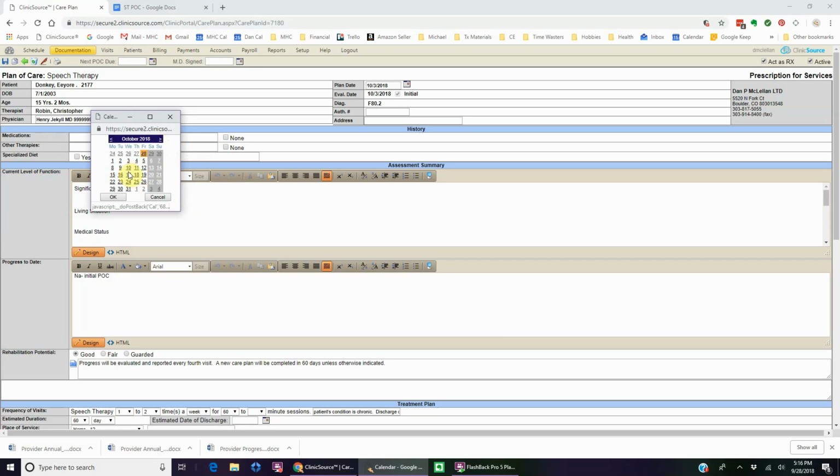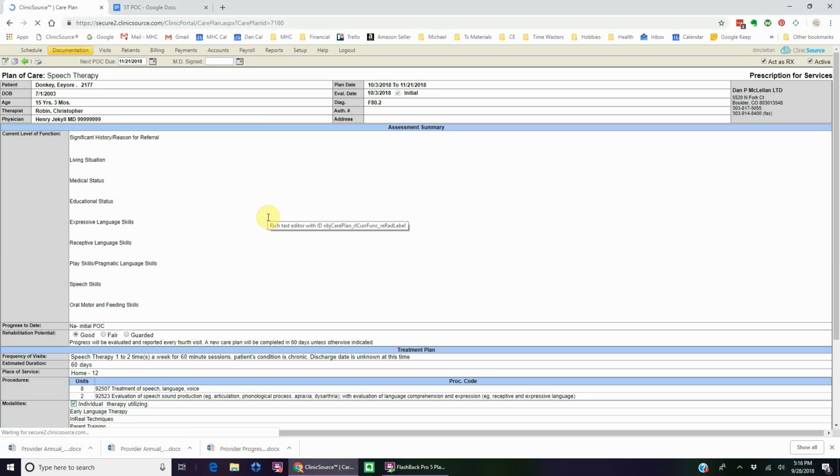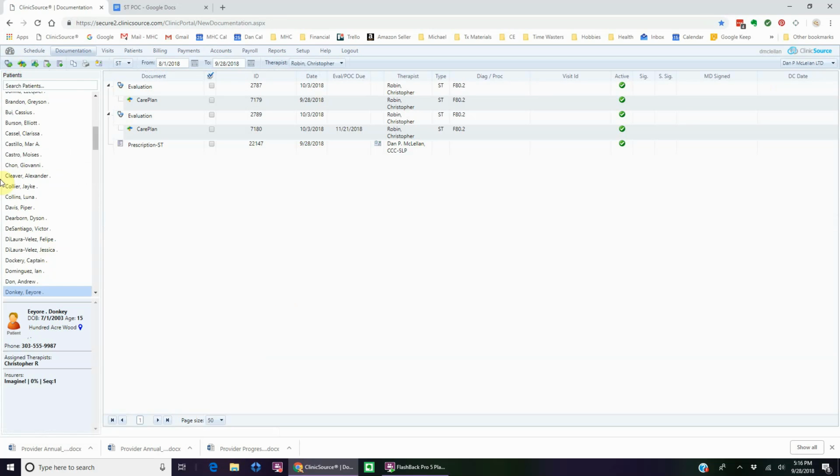So we go, I count them, 7 weeks, and then when we save this, I save this for the therapist, it does default in here for those, that's the plan date. We need to have a from and to date. We also have to have a diagnosis on this, and here's the information we have so far. Then I just go ahead and go out here, and then I'm done with